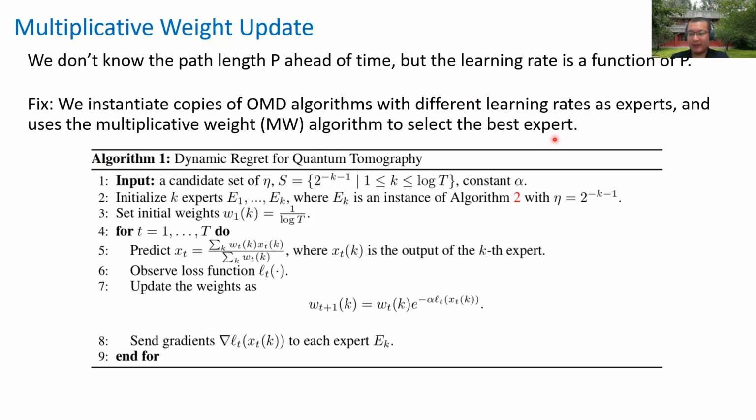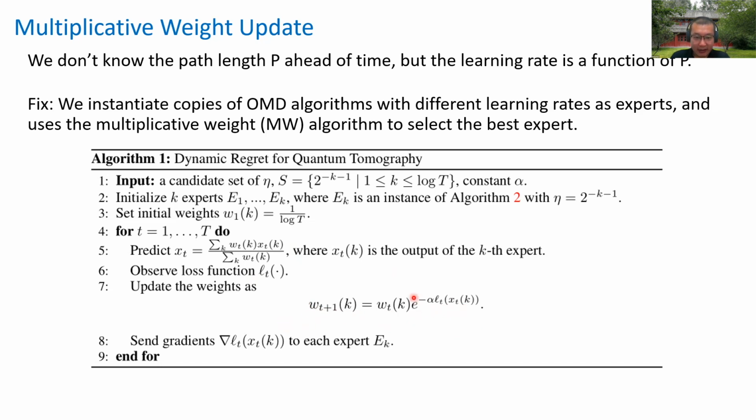So what do we mean by that? We set a group of learning rates, maybe beginning with a half, a quarter, etc. Basically we consider the learning rates to be 2 to the minus something, and we run our algorithm along this. We use these learning rates as our guess, but we are going to make some competition here, because if your learning rate is not appropriate, it gives you bad results. So you can see the final prediction that we use is a weighted version, where the weight is updated in an exponential way.